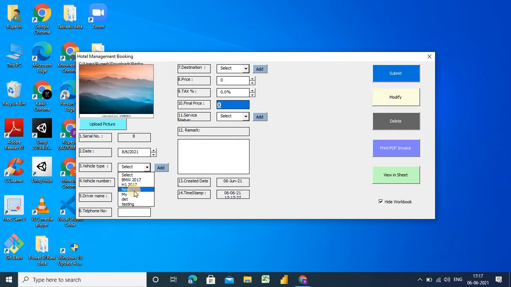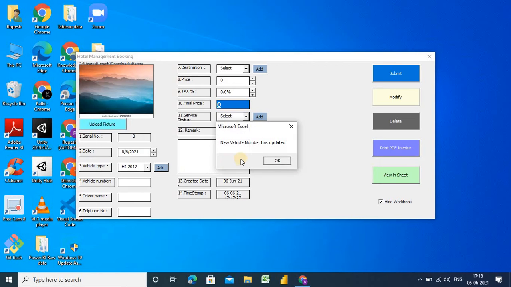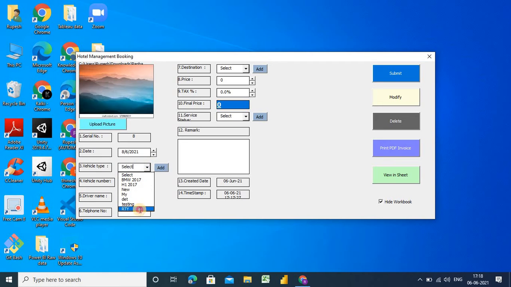These all are the lists which we have saved in our Excel file, that data point sheet you can see. But if you want to add a new data point, then you don't need to go there again, just type anything like RTY something. Now you can see when you click here, RTY is selected. Now you can enter your vehicle number 456, driver name